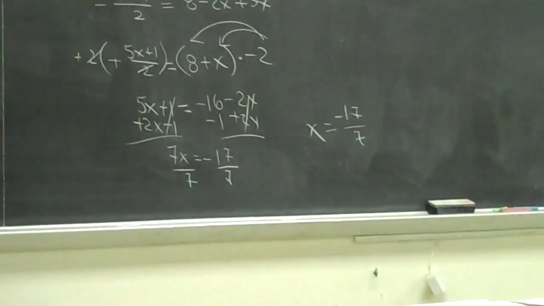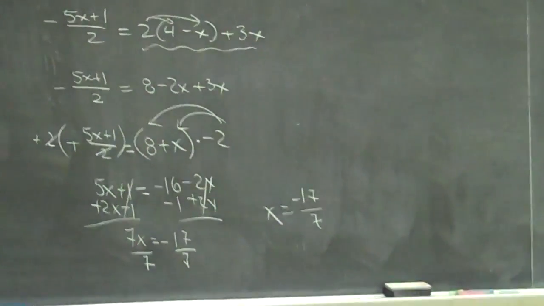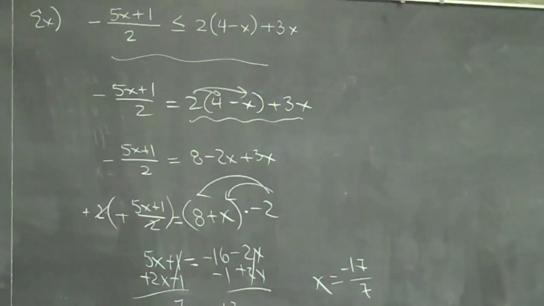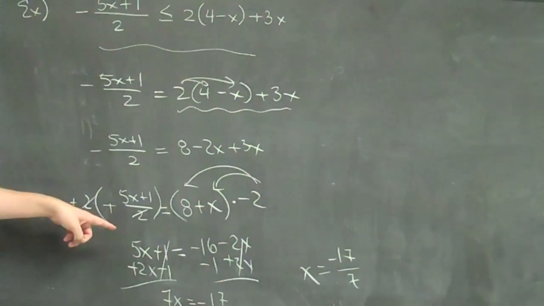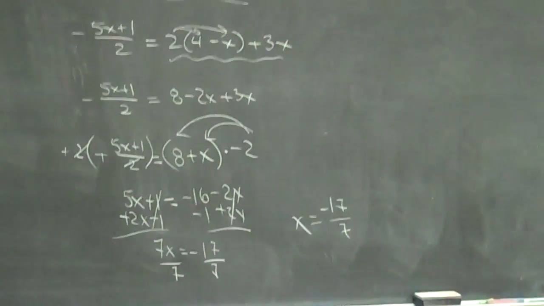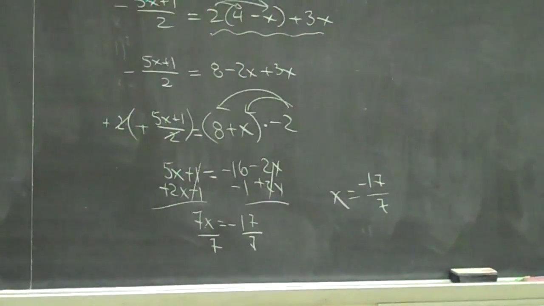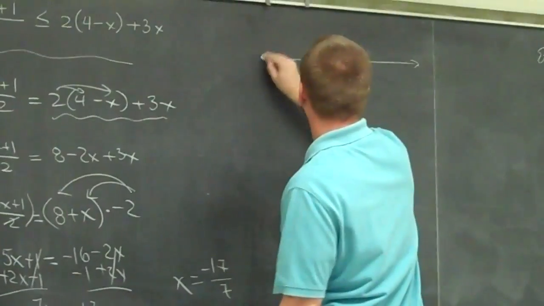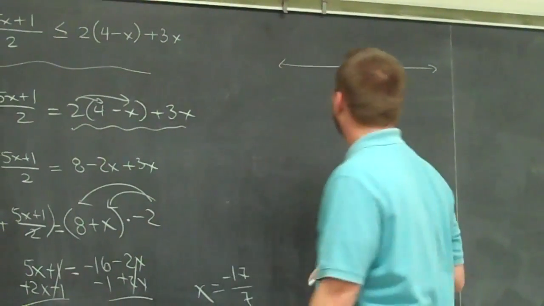Do I put a box around that? No. What am I doing? I'm solving an inequality, right? My final answer is interval notation. Any inequality you have, its final answer is interval notation. What's that? What's the negative 17 over 7? That's my critical number. This is just step 1, right? Now, step 1 is usually the longest step in this 3 or 4 step process. But yeah, this is once again a problem where my only critical number is